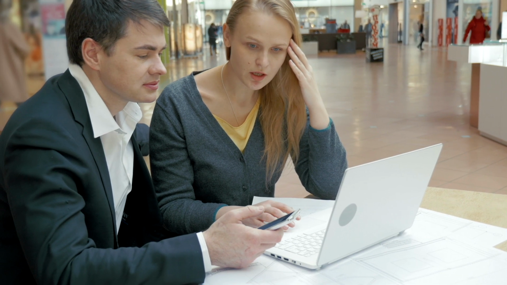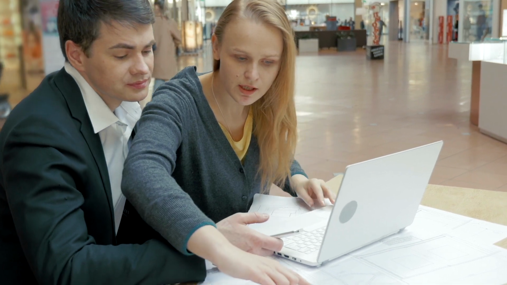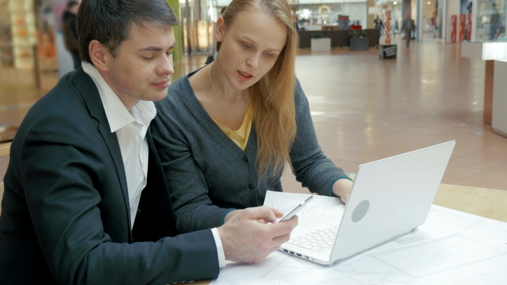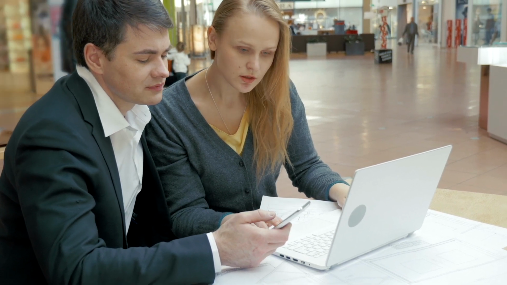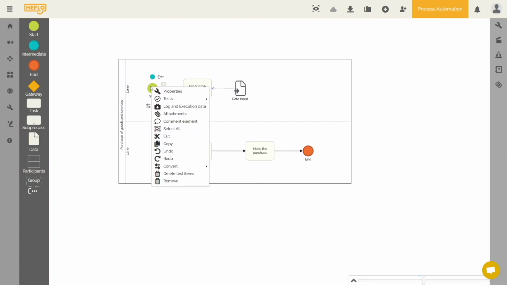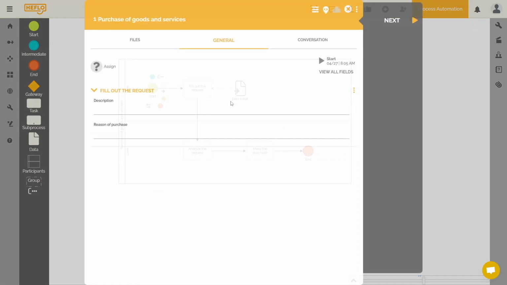Feflow has a very interesting process testing feature. It lets you test your process so you can get a prototype of all the automation you've done. So, what should you do? Right-click on the process initiator item, and by clicking here, you have the possibility to launch a test item. So, start a new test work item. This is the work item screen.